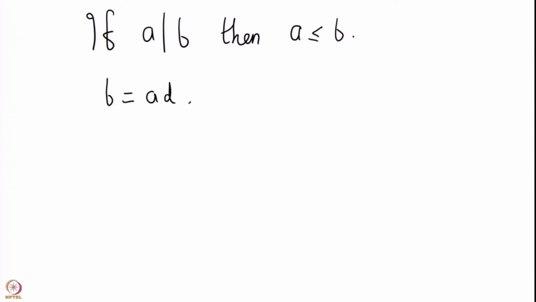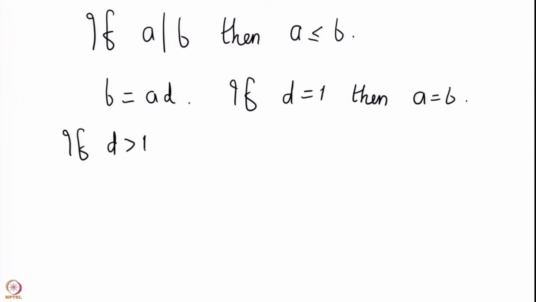What we want to prove is that if you have A dividing B, then A is less than or equal to B. This is what we want to prove, and we have already seen that B is A into D. If D is 1, then A equals B. If D is bigger than 1, okay, observe